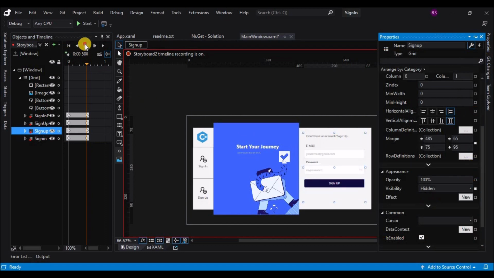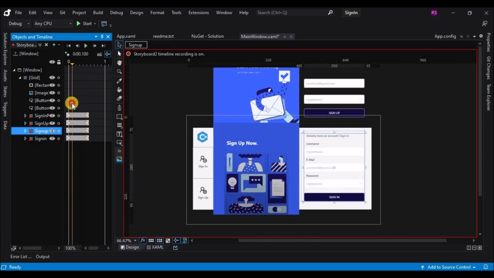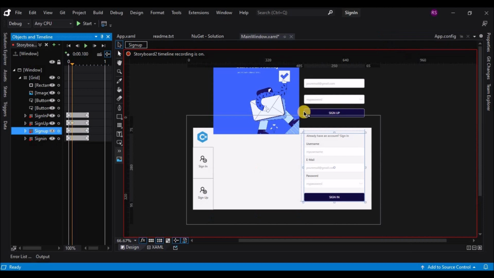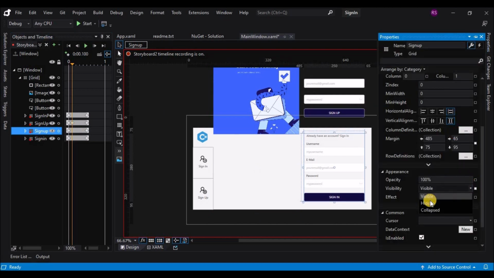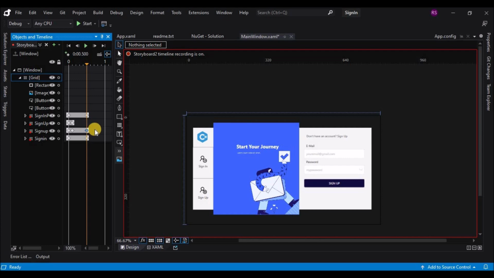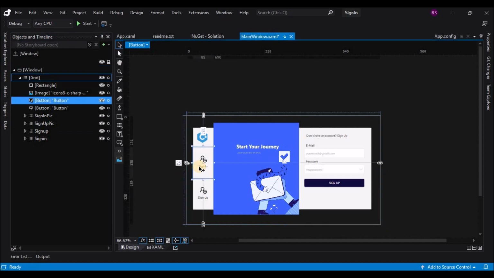I think if I run the application now or run the storyboard, the animation is not working as expected. That is because for the sign up controls I have to make them hidden before the sign in controls get in. So I have to add a keyframe on the 0.1 second. So that's it guys.